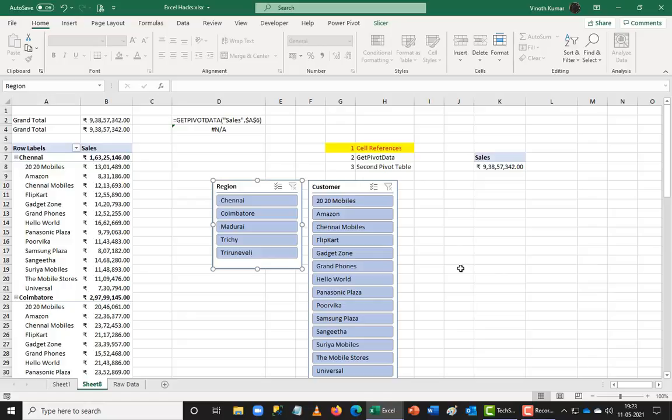People who are working in Excel, or people who are working in the Excel team, Office 365 team or any other team, please try to add this in our next release or version, so that this will be a very useful tool for many people who have a larger pivot table here. This is a humble request from my side.